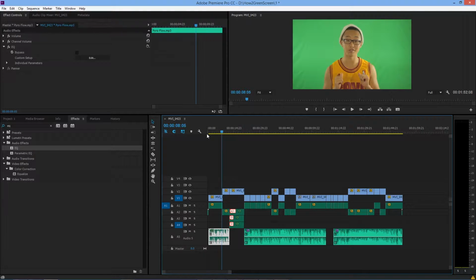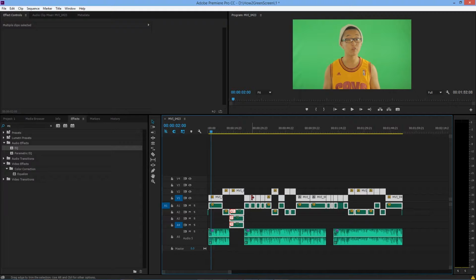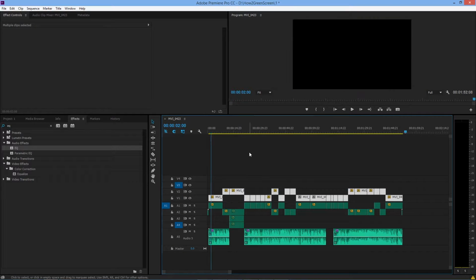So, there's a tip for you guys. What we're going to do here is prepare this timeline for After Effects. I highlight everything, unlink it from the audio files, highlight it again, then copy it, then paste it,